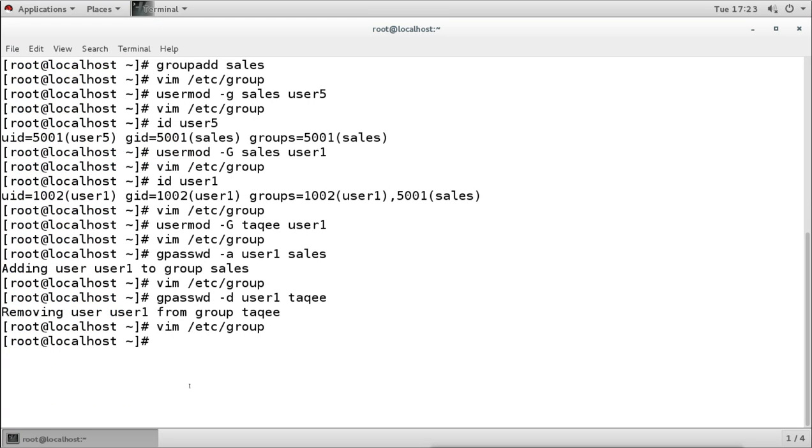Now, if we want to add multiple users into a single group, then what can we do?